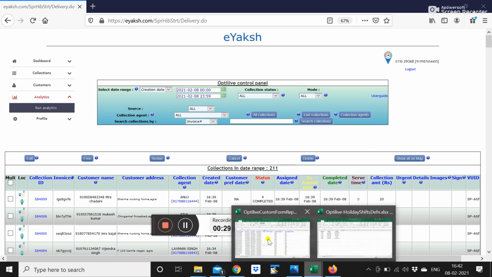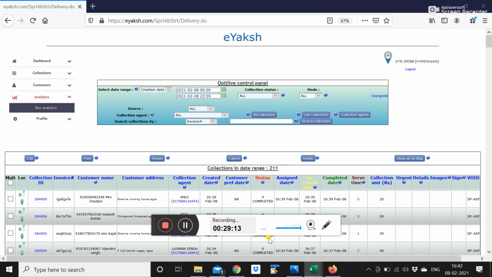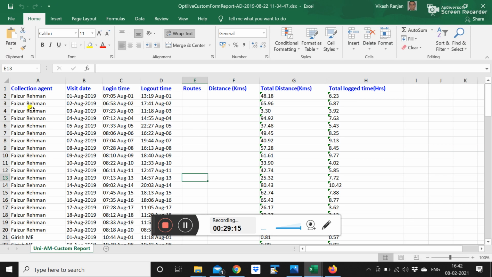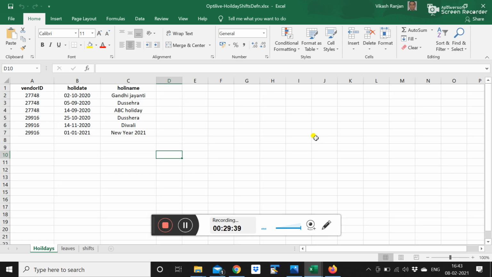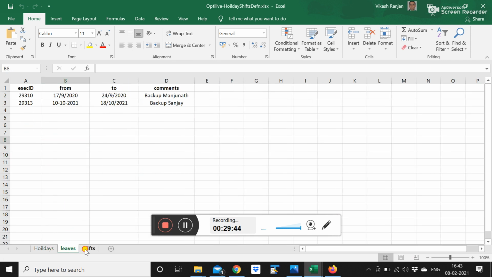I'll just share with you how your report can be generated, and this is pretty customizable. Whatever columns you want will be shown. So the name of the collection agent, the visit date, login time, logout time, and total distance traveled. If you are doing some routes also, it can sub-calculate the route distance and give a total distance, and total logged in time in hours. It will show all this information, and along with that, you'll have your holiday list, your list of leaves, your list of shift